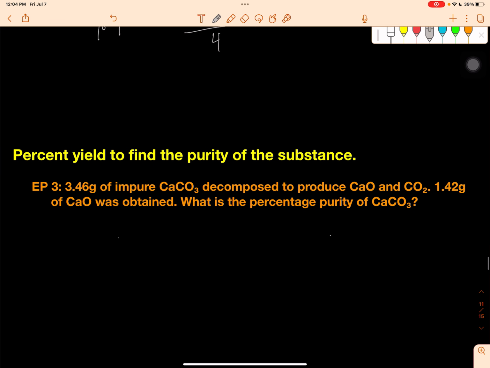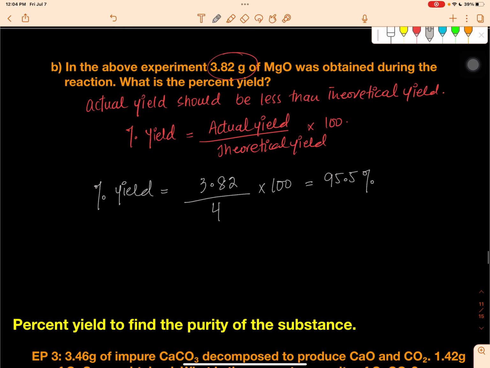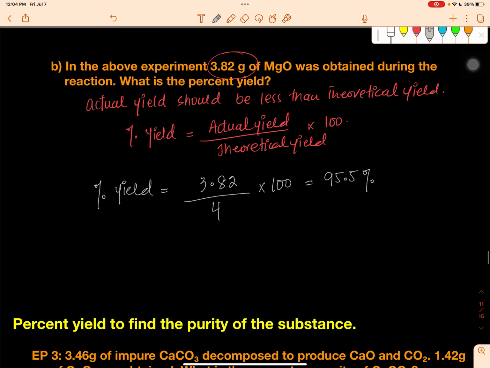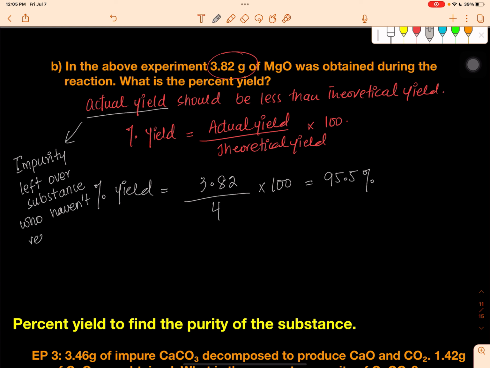There is another aspect to percent yield, and that is that percent yield is used to find the purity of a substance as well. Why are we looking into that? Because we have understood that the actual yield is lower than the theoretical yield, and there are many factors. There could be impurity, there could be leftover substances which haven't reacted, there could be spillage,